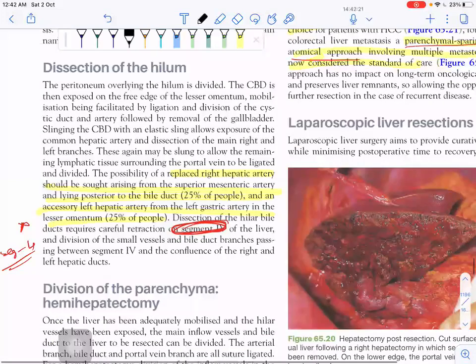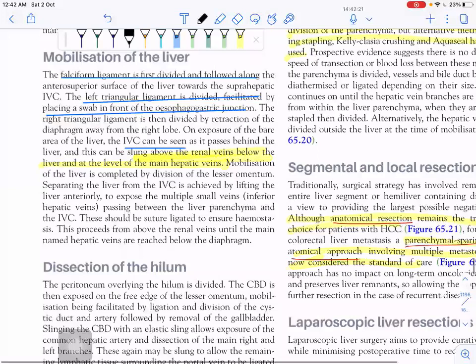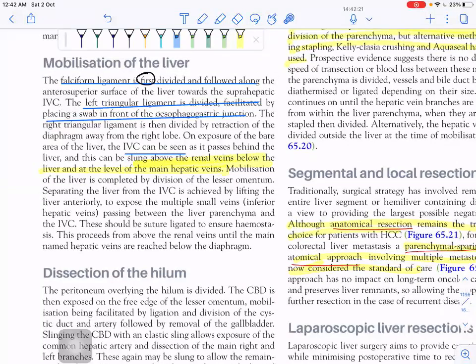So the falciform ligament is first divided. Which ligament is first divided in mobilization of the liver? The falciform ligament. Okay, the falciform ligament is first divided and followed along the anterior surface of the liver. Then the left triangular ligament is divided, facilitated by placing a swab in front of the...